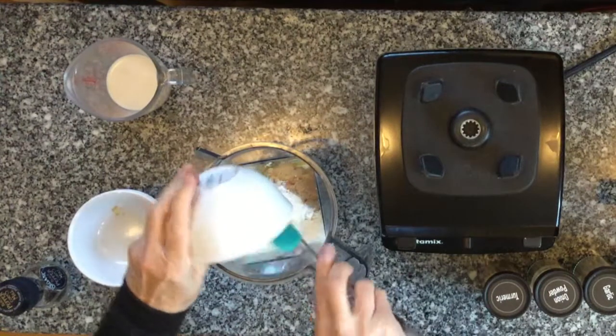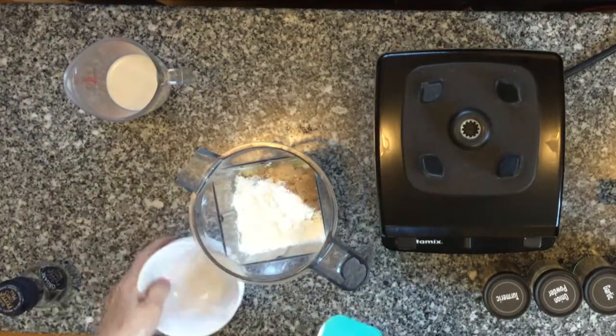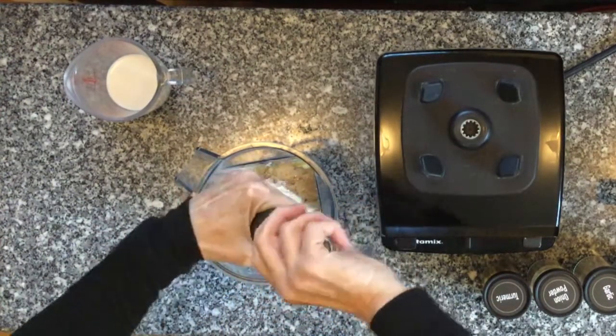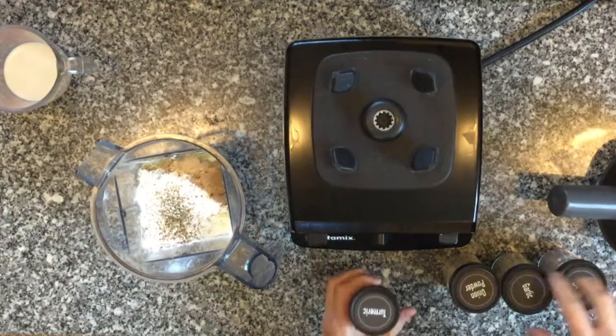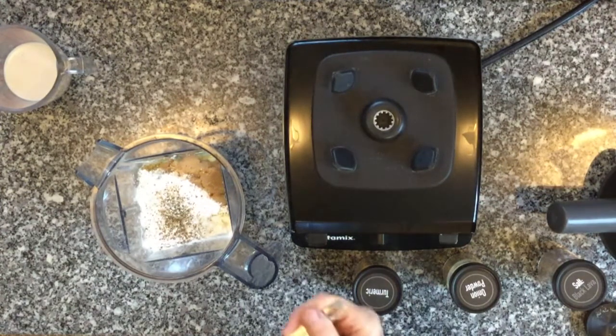Now we will add 1/4 cup all-purpose flour and the spices: a few cranks of freshly ground pepper, 1/2 teaspoon granulated garlic or powdered garlic, the same with granulated onion, 3/4 teaspoon turmeric. You can combine any of these ingredients in any order. It makes no difference at all. You'll see that we haven't included the last ingredient,